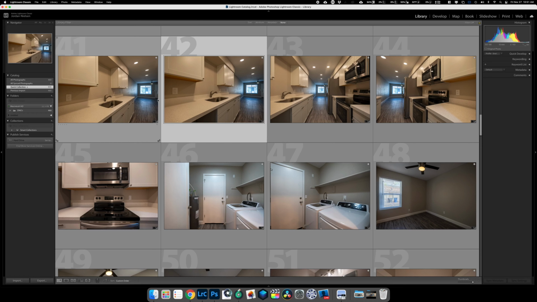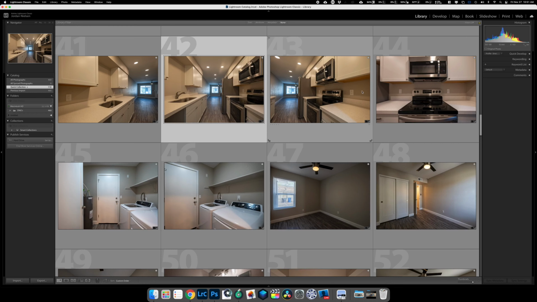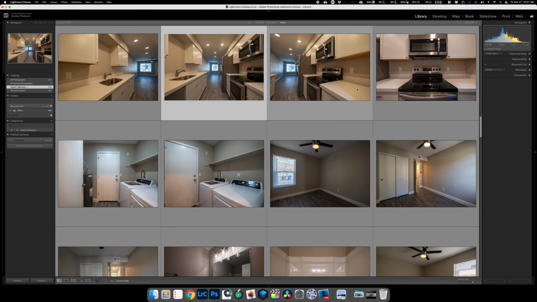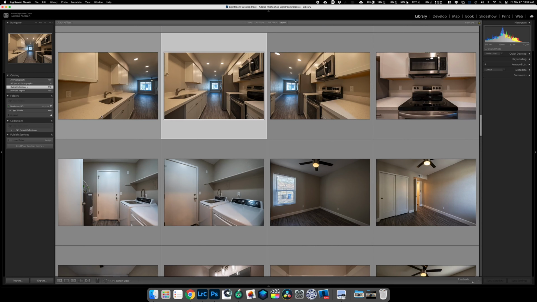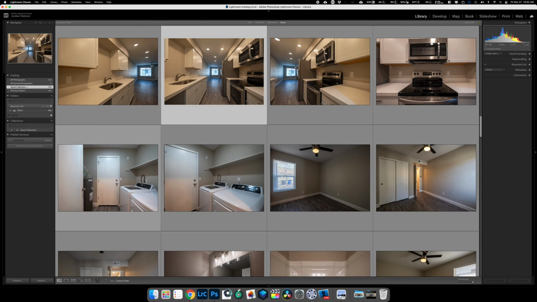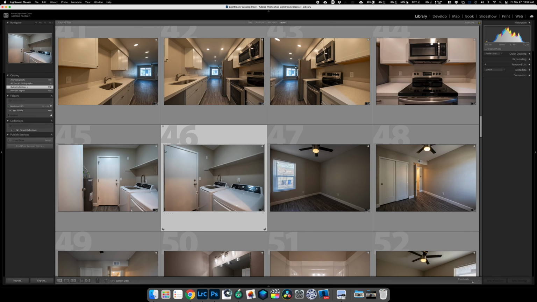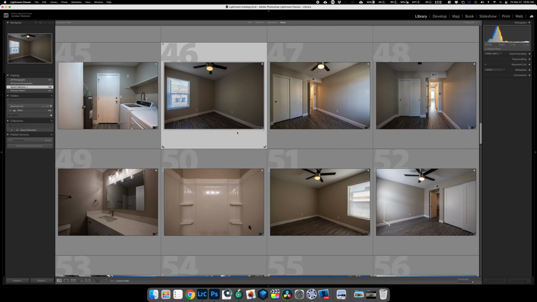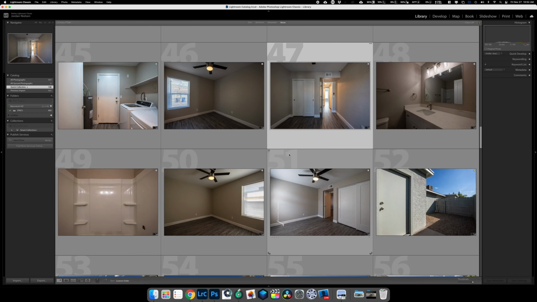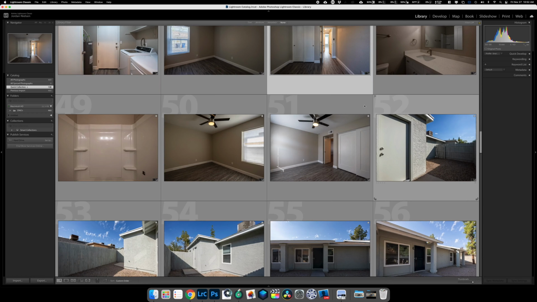I'm gonna select the first one, a little less underneath the cabinets here. Tripod could have been a little bit higher, I think, but I think I was trying to balance what it looks like on the countertop and not. All right, so this one, I'm just gonna keep this one with the water heater as well. I think it adds more value than just the appliances. I mean, you could also keep both of these images as well if you just want to deliver them. It's not going to take much additional time editing,